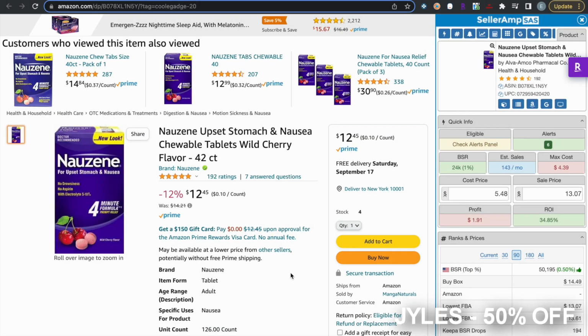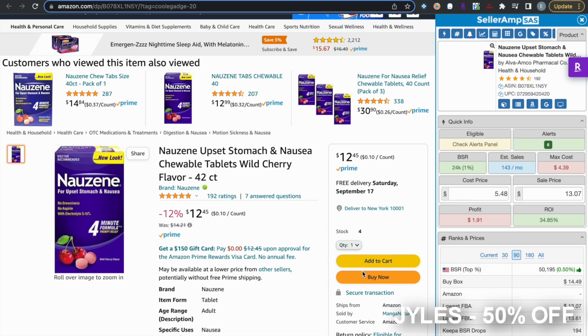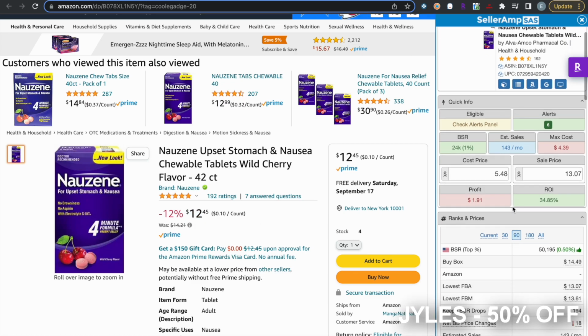Tutorial about SellerAmp. So here you can see that we're on the home page of an Amazon product, and you can see here that everything fits the criteria. It does not IP complain. Here you can see it's selling currently for $12.45, but I like to come over here on the SellerAmp extension